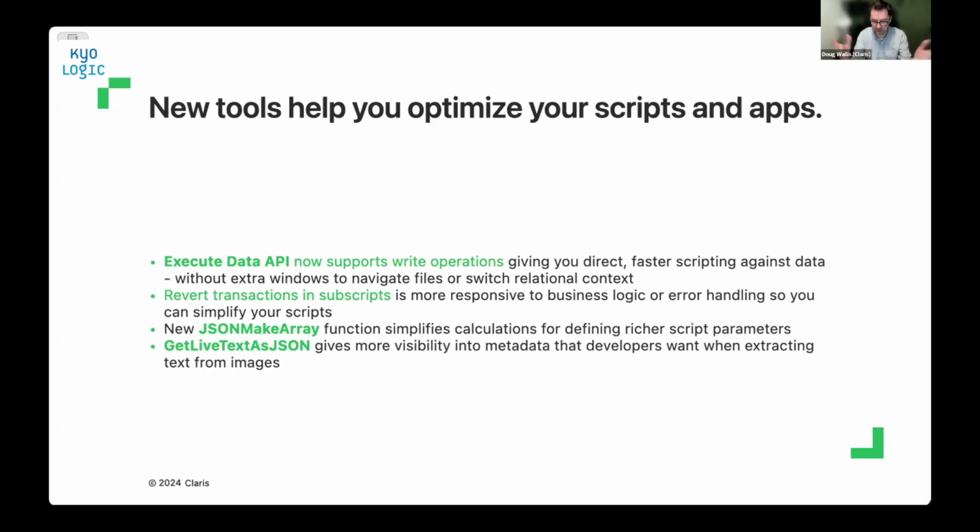And so you could query or say, give me basically 50 records, and then it will give you JSON payloads of records based on your query. With this new version in FileMaker 2024, you can actually do write operations. So you can write through the Data API by sending a JSON payload to the Draco engine